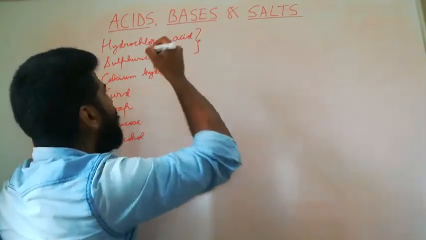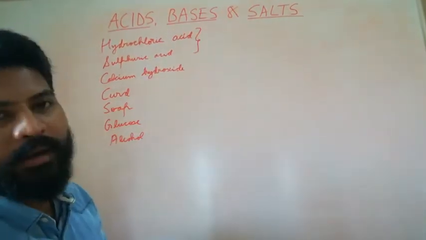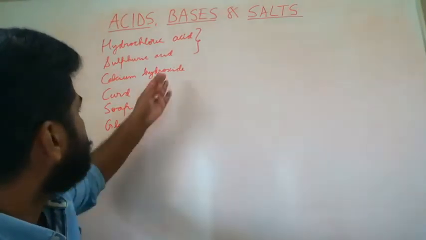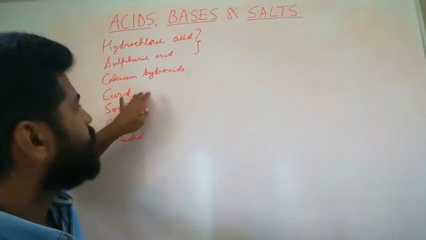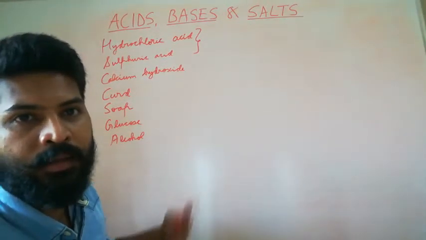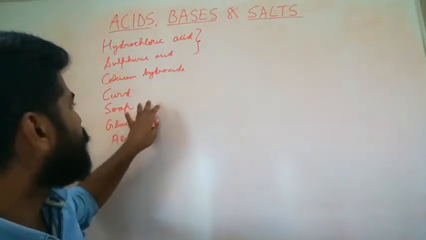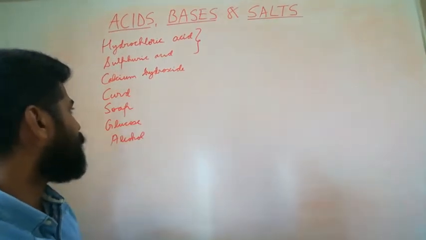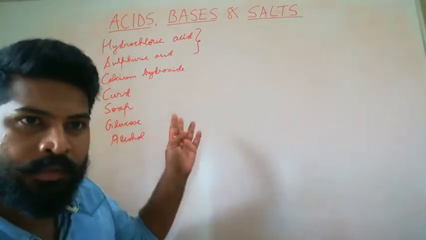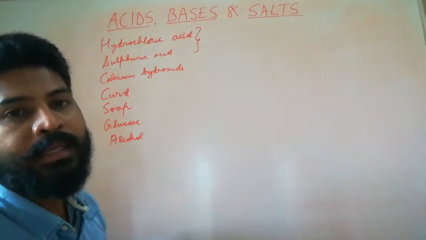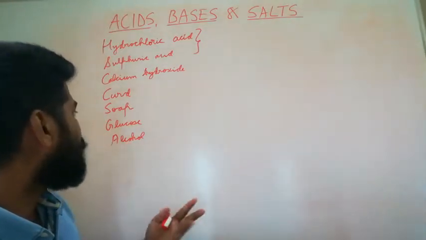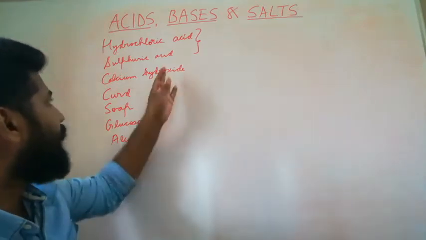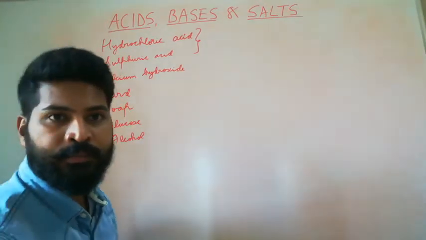Hydrochloric acid and sulfuric acid are definitely acids. Let us look at these four. Curd, what we eat at home, soap which is used for washing our hands, etc. Glucose, which we drink as instant energy drinks. Alcohol consumption is not good for health. Calcium hydroxide, that is